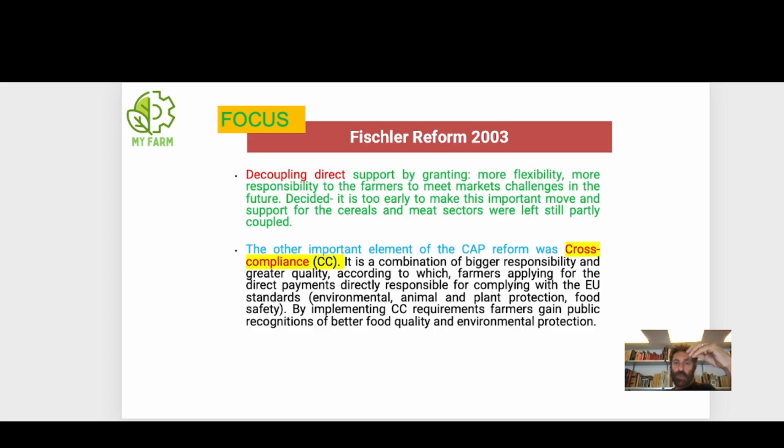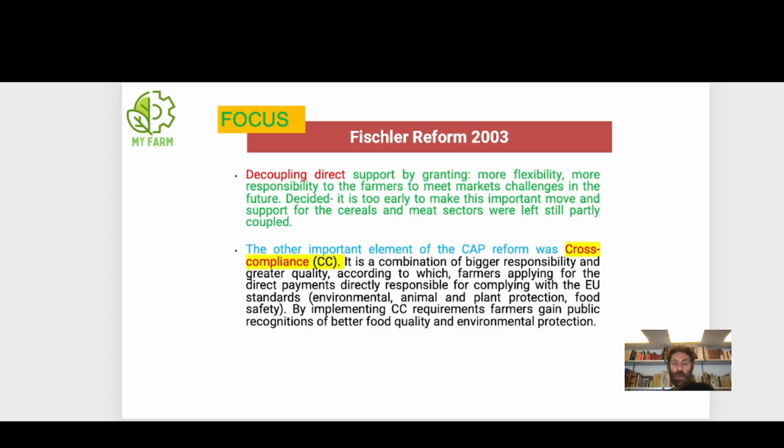So the main elements of this reform were the introduction of the single farm payment, which represented a central innovation in farming support, replacing most production-linked subsidies with a single area-based payment for farmers. This payment was based, of course, on historical payments received between 2000 and 2002, but the aim of this idea was to make farmers responsive to market demands rather than policy incentives. This is a clear message for farmers: you have to produce what you think would be more profitable for you, not depending on the incentives that public